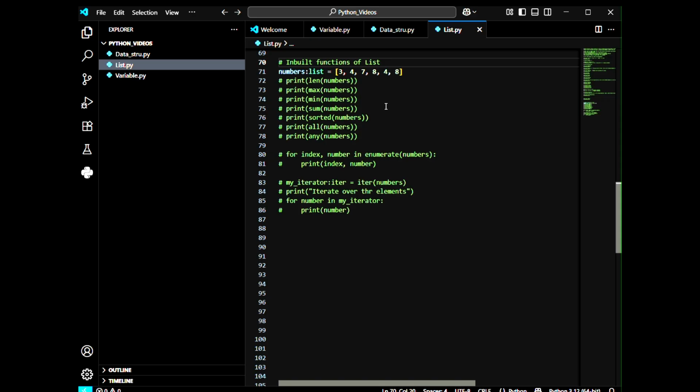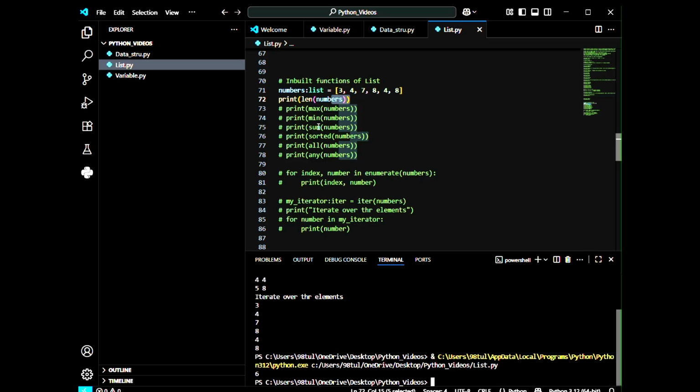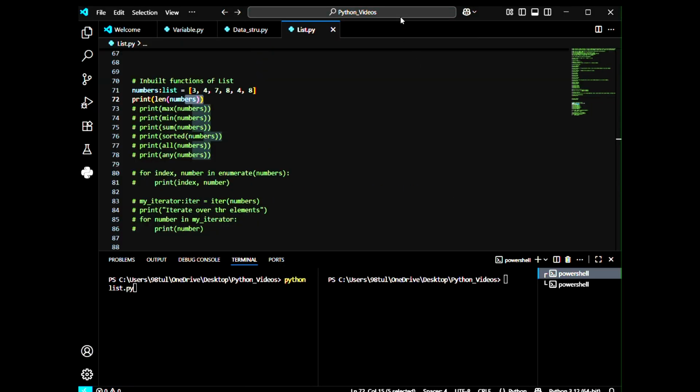So first, the length function, that means it will provide us the length of the list. That means how many numbers in this list will be counted. That means 1 2 3 4 5 6, so the length will be 6. Let me uncomment this line, and I'll show you. So let's run. Wait, there is an error. So let me show. Here we can see the output is 6. That means the length of the list. As we know, there are only 6 numbers, so that is the length of the list, 6.